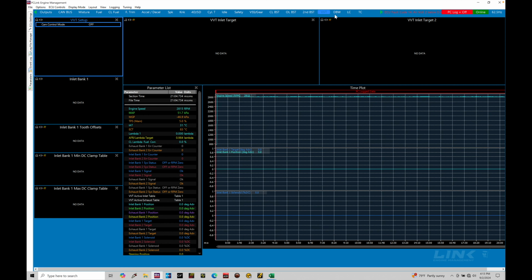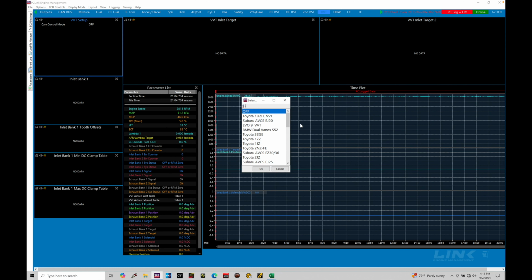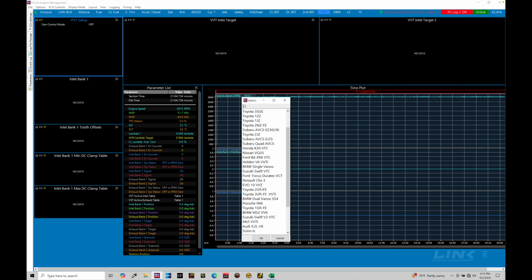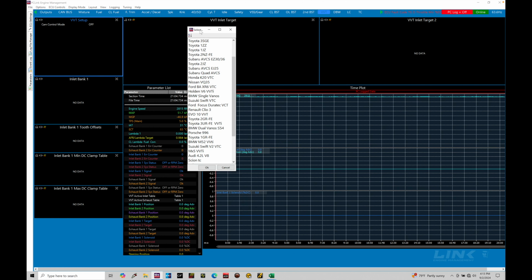Let's go up here to our cam control mode, and I'm going to go from off, and we can toggle on here, double click there. In our menu, we can see there's a lot of options here. Let's kind of open this menu up here. We're going to see that there's a ton of options, a ton of common engines that are predefined for the variable valve timing control. What this means is when you're selecting one of these common engines that you're probably going to be working with,